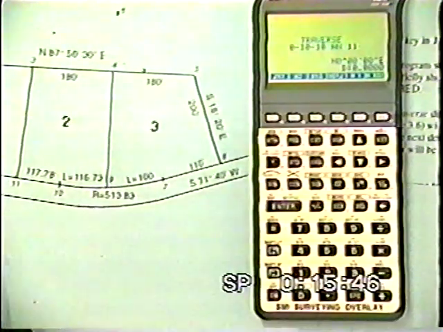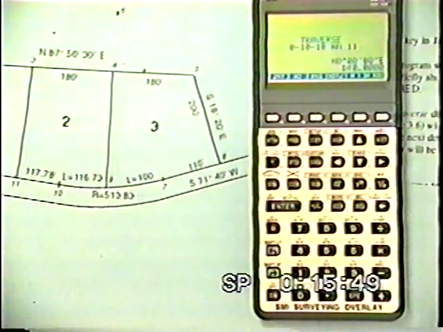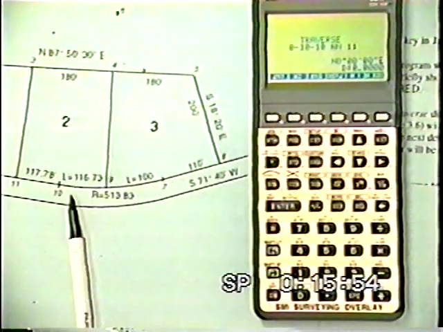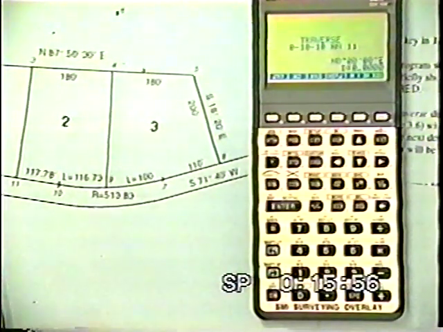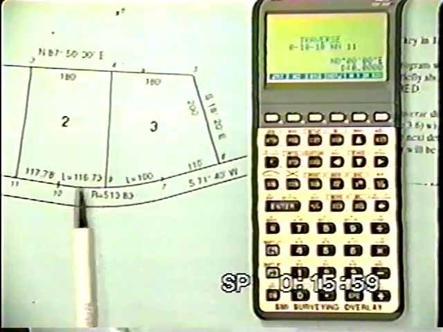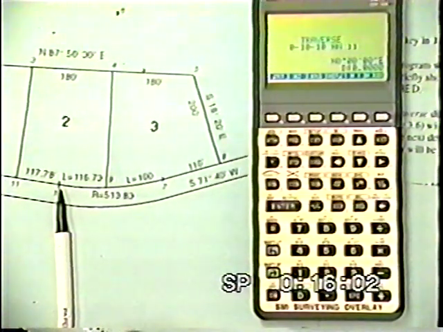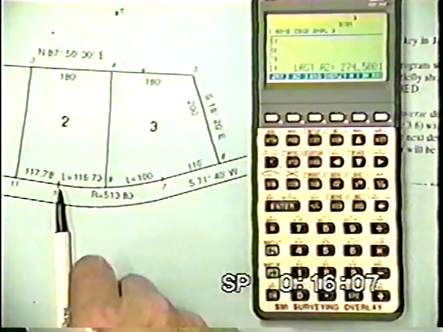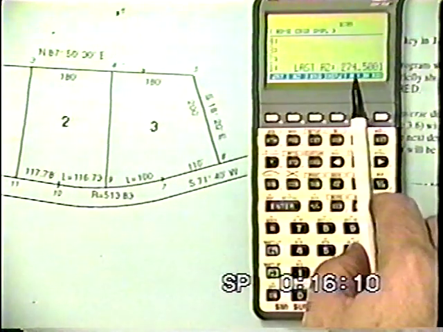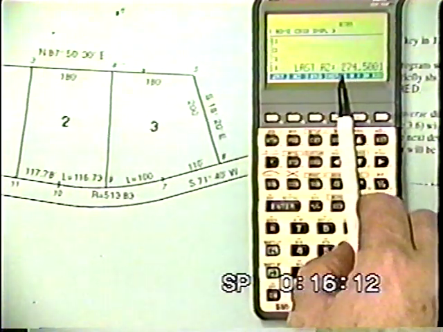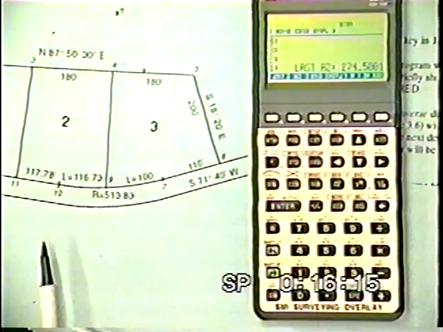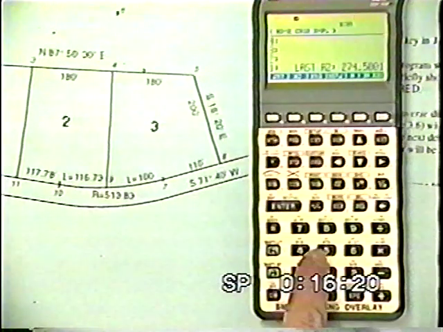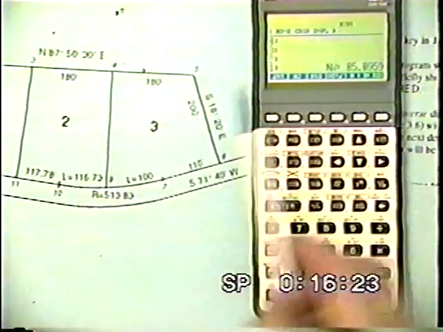And we know in this case that we have north 84°10' west for this distance and this distance. In some cases, we may not know what the forward tangent is. It actually computes the forward tangent when it runs through the curve. Let's look at that. When we press shift right and azimuth, it gives the last azimuth, which is really also a forward tangent, 274.5001. Now let's check and see what the bearing of that is. We'll press shift right, azimuth to bearing, and it's north